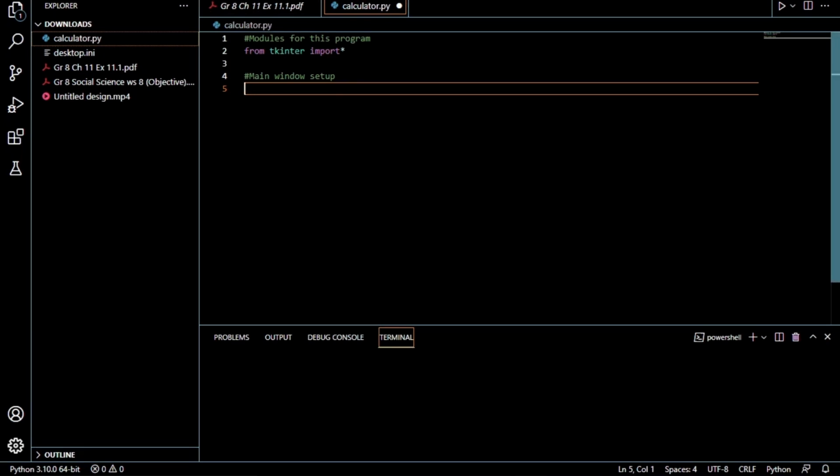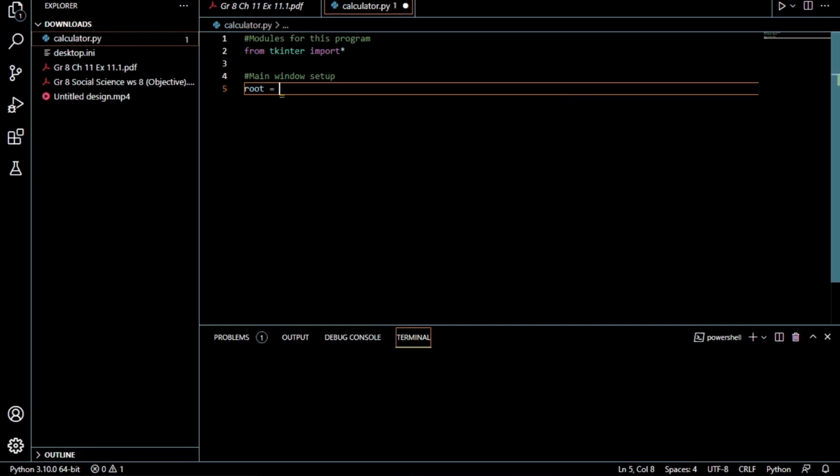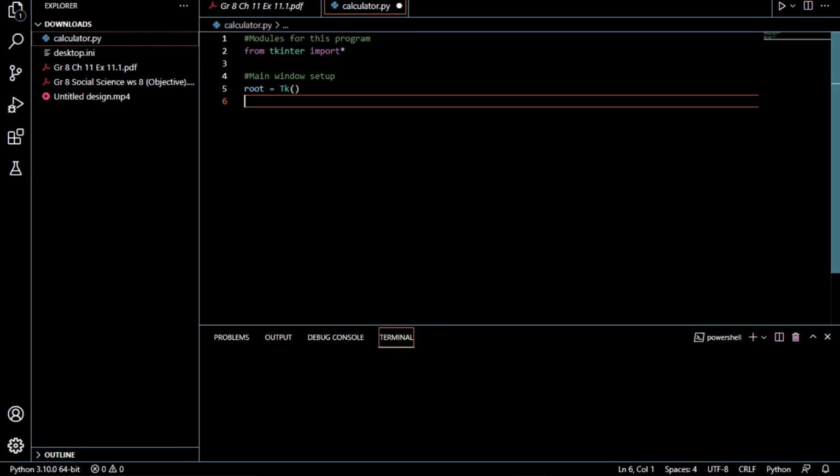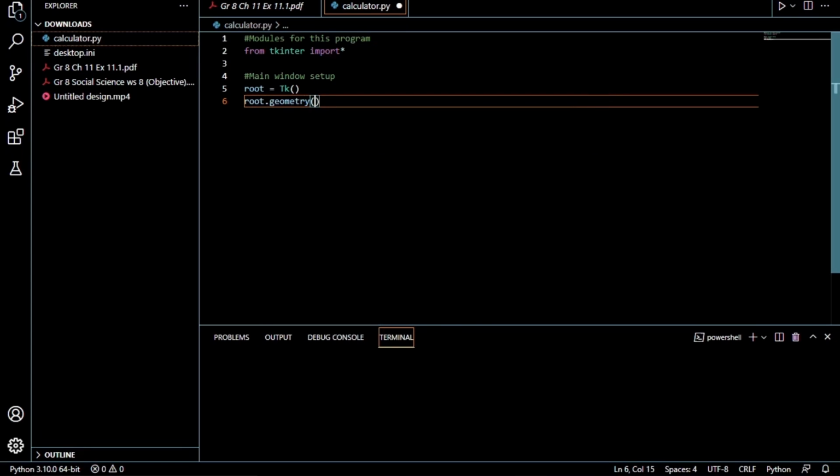Now let me give a variable called root, which is equal to capital T K, and in brackets, then closed. Then if we click enter, I will give root dot geometry, and then in brackets I will give a number.